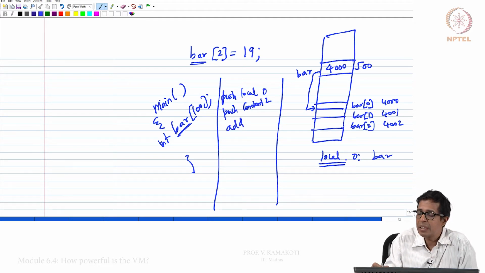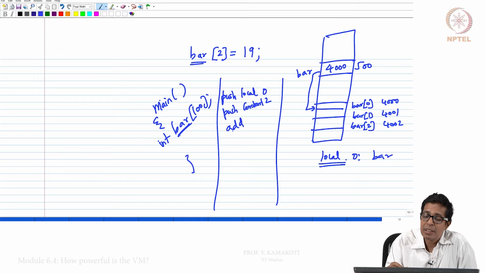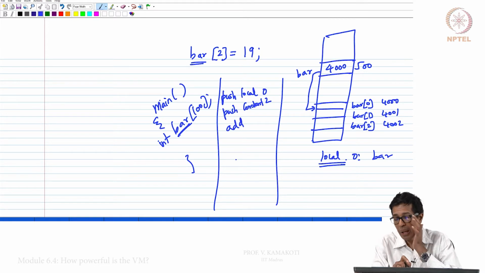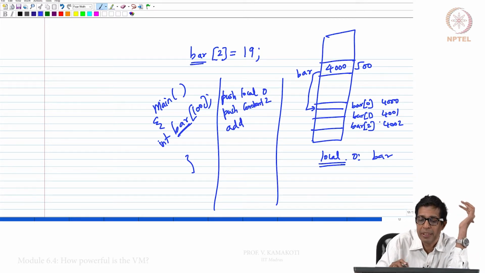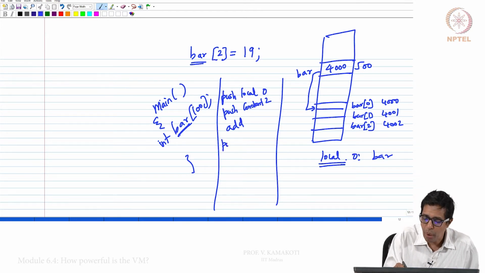So, now I get 4002, because local variable 0 is bar, and bar's value is 4000. The variable always stores the starting address of the array. I pushed constant 2, so 4000 plus 2, I added this, so I got 4002. Now, I have to store the value 19 in location 4002.